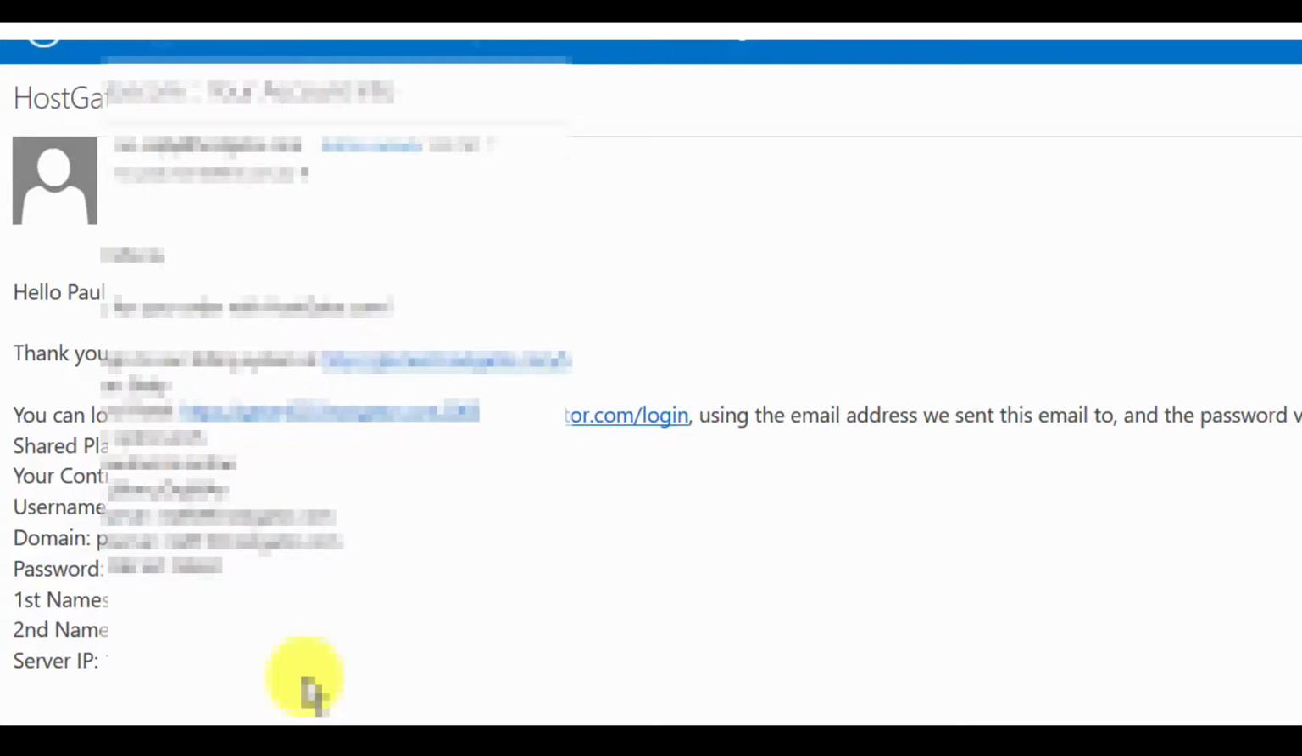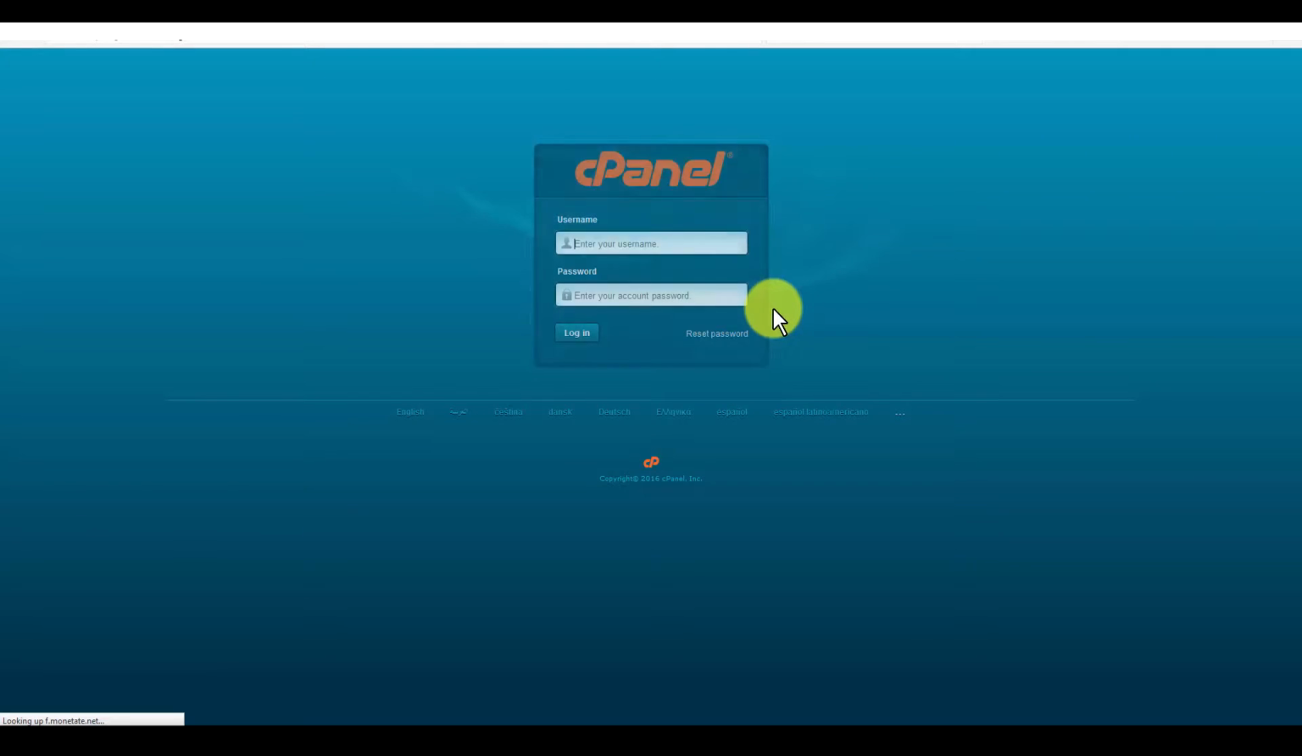The link to your cPanel will be there, as well as the username and the password. And it will look exactly like the one that I've just received in my inbox, which is like this. I'm going to black out my password and username, of course, but at least you can see that all the information is here. So if I click on the link to my cPanel, which is this one here, your control panel, it will open up my control panel